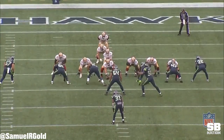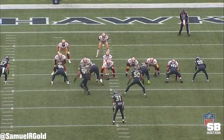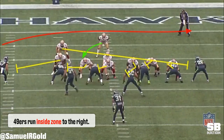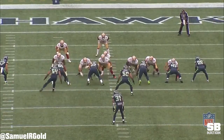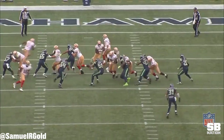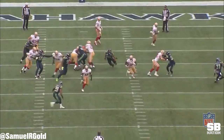Looking at the 61-yard run first, the 49ers lined up in I formation, then motioned their fullback playside. They snap the ball, and they run inside zone to the right. Using the fullback as a kickout blocker, Hyde reads the nose tackle and the 3-tech before cutting through the backside D-gap. From a defensive standpoint, the Seahawks are in a 4-3 over front pre-snap, and they have 8 men in